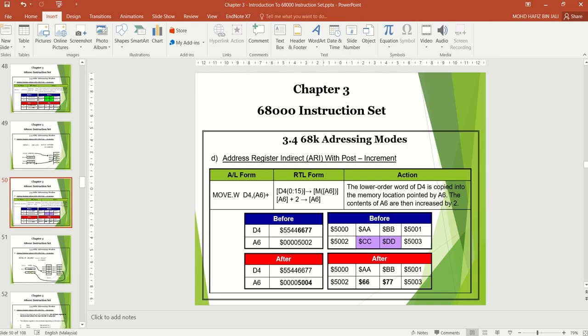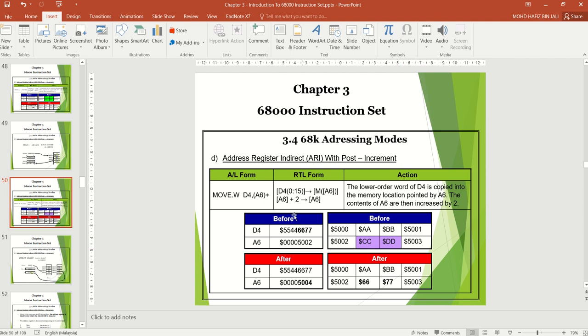And then the instruction is move.word D4 to A6 plus. So the A6 plus is the word size, lower order word, which is CCDD, from 5002 to 5003.